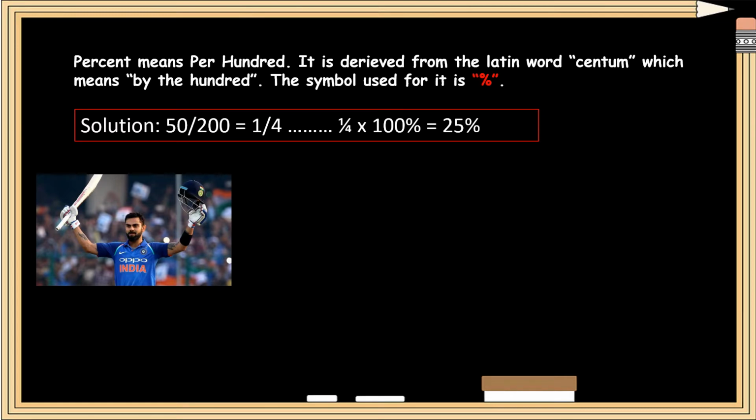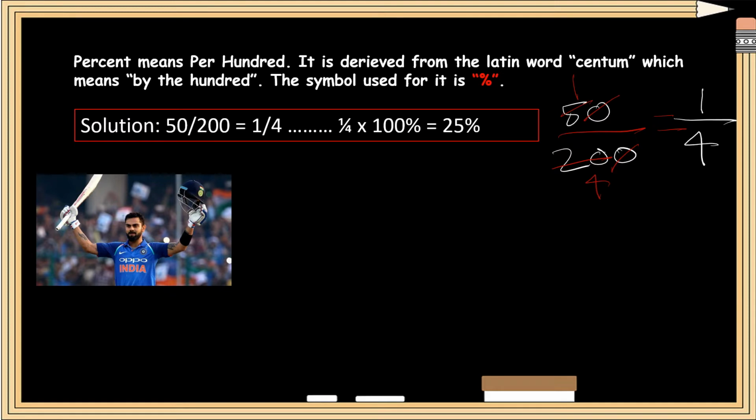So we have 50 by 200. Why did I write this 50 by 200? Because he spent 50 rupees out of 200 rupees. Now we have to simplify it. We can just cut these two zeros. Now we get 5 ones are 5, 5 fours are 20. Now this is equal to